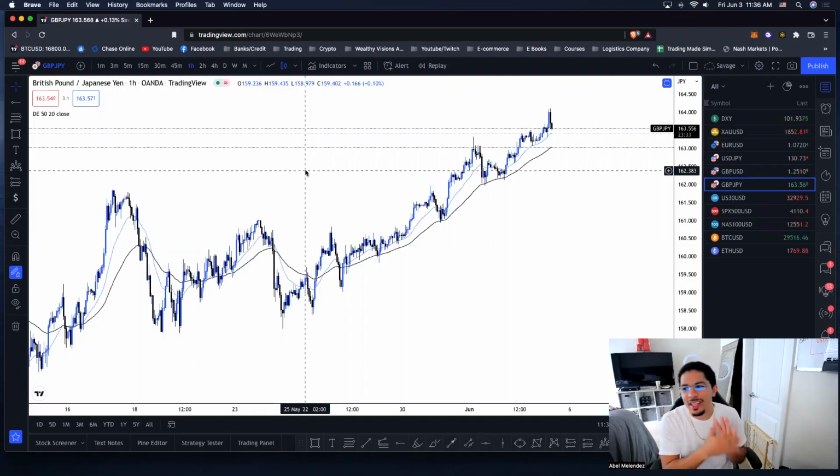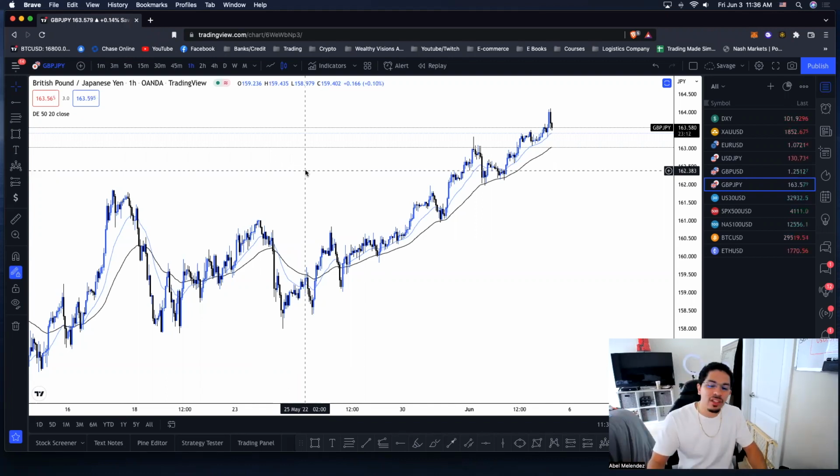Okay, guys, now let's get straight into the strategy. There's actually going to be a few steps that you want to implement when it comes to trading this specific strategy, which again is going to entail learning how to read market structure, price action, and also learning how to read price action off of an indicator like the moving averages, which is something that I'm going to talk to you guys about today.